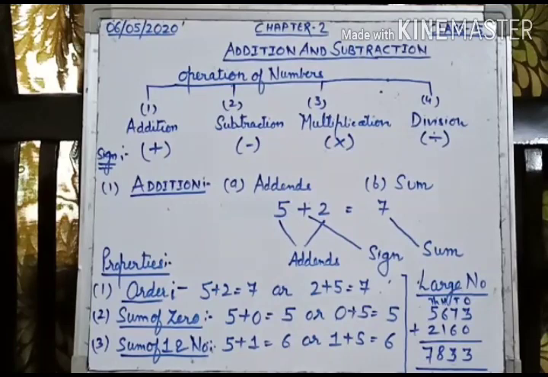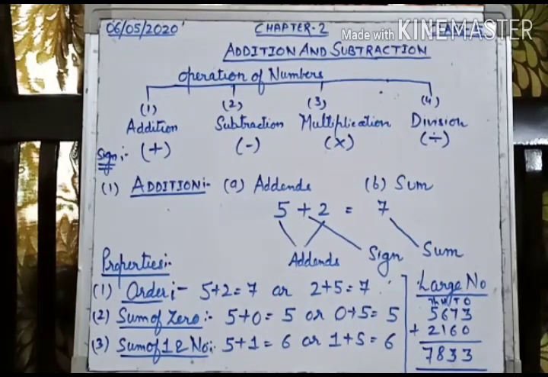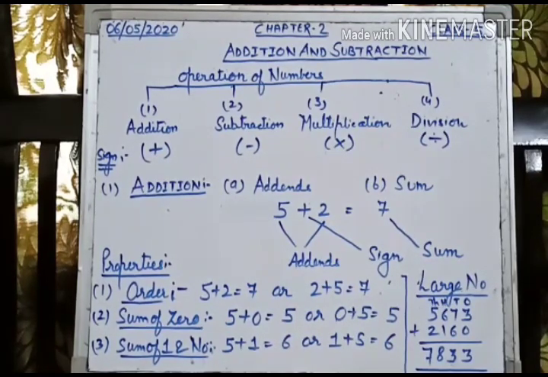In the previous classes we have talked about chapter 1, that is numbers up to 1 crore. Do you remember all the things? We started from the digit, then we went on to numbers, and then we talked about place values and how to arrange the given numbers, how to order them in different places. These are all the things we learned about numbers.